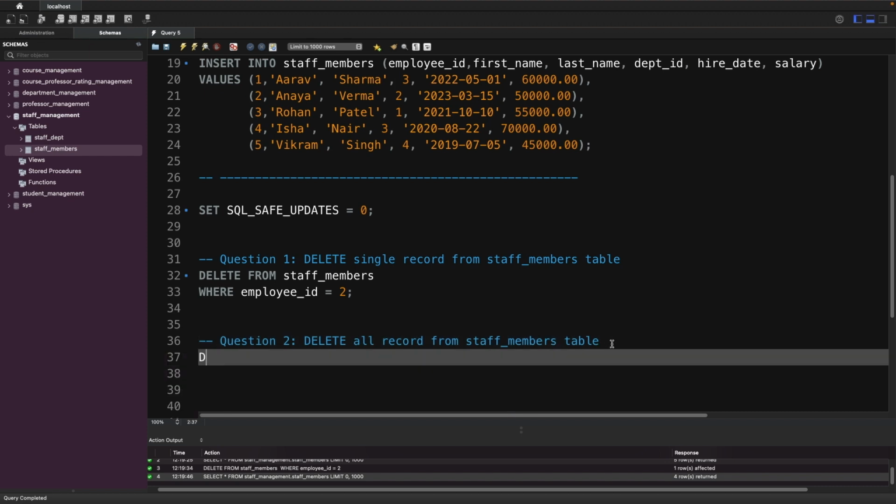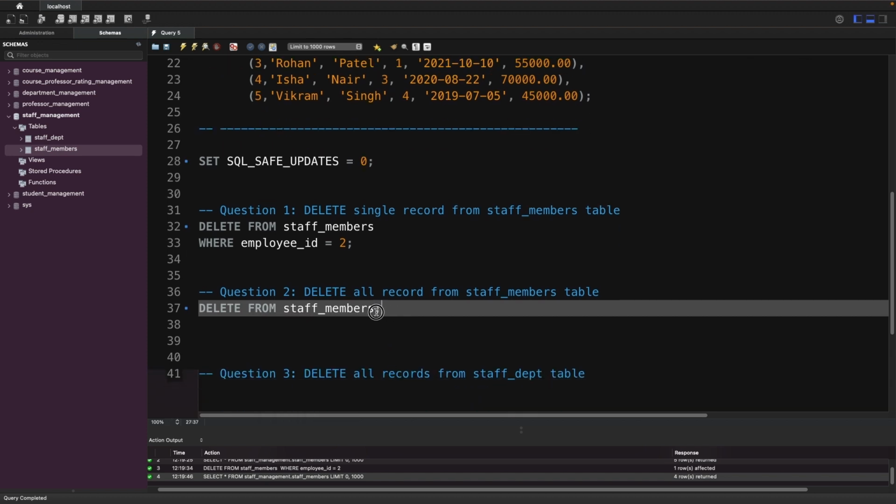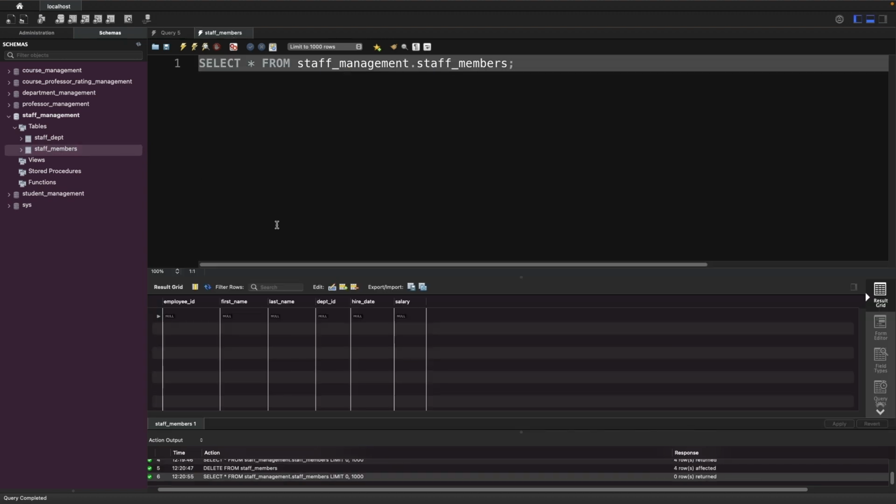We simply write DELETE FROM staff members. This will work as a TRUNCATE statement. Execute this one. Okay, this statement is executed. Now go back to the table, click on the table icon, and